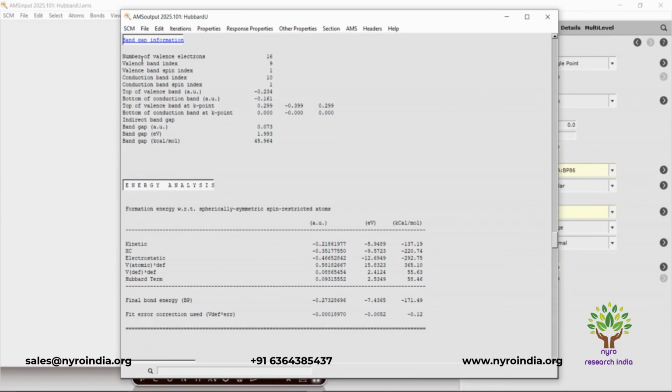And what is the band gap information? How many valence electrons, the valence band index, the band spin index, the conduction band index, and the top of the valence band, and the band gap in atomic units, electron volts, and kilocalories per mole. So a total of 16 valence electrons has been considered in this specific case. And also